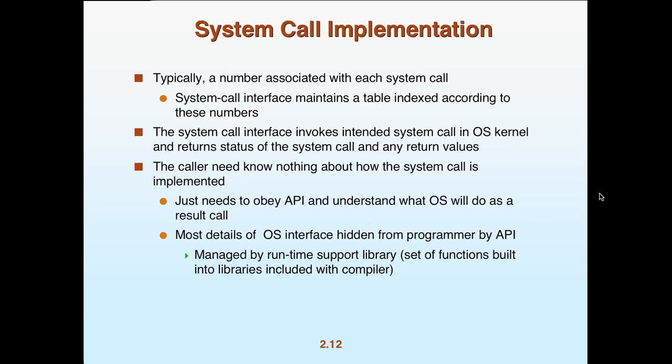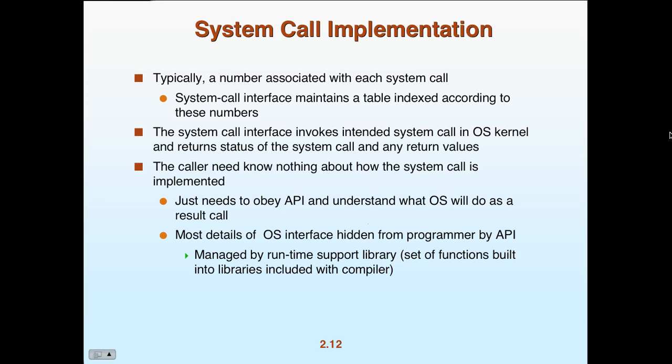So the caller need not know anything about the system call that's being implemented. So we have a little bit of abstraction, along with some information hiding in terms of what that system call actually does. Well, we don't care, it just reads a file. Just like CP copies a file. Open opens the CD-ROM, so we basically use it blindly without having to worry about it. You just need to obey the API and understand what the operating system will do as a result of the call, what you're expecting back. Most details of the operating system interface are hidden from the programmer, and they're hidden by